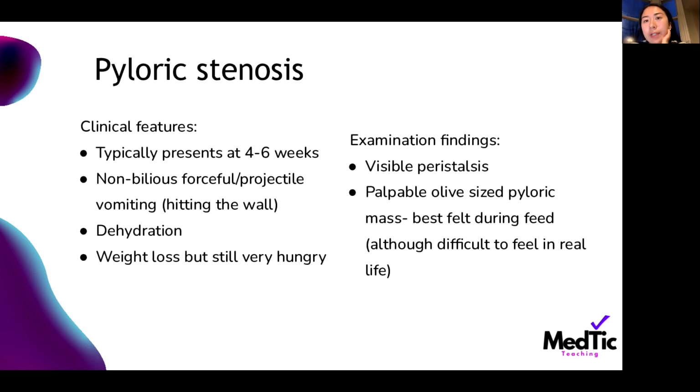In terms of clinical features, it typically presents at 4 to 6 weeks. So that also helps you differentiate what could be going on here in terms of the age. It's non-bilious, that's another key important fact there, so it happens above that anatomical point that I was talking about before. They'll typically present dehydrated from all the vomiting, and they'll still be very hungry despite losing weight,